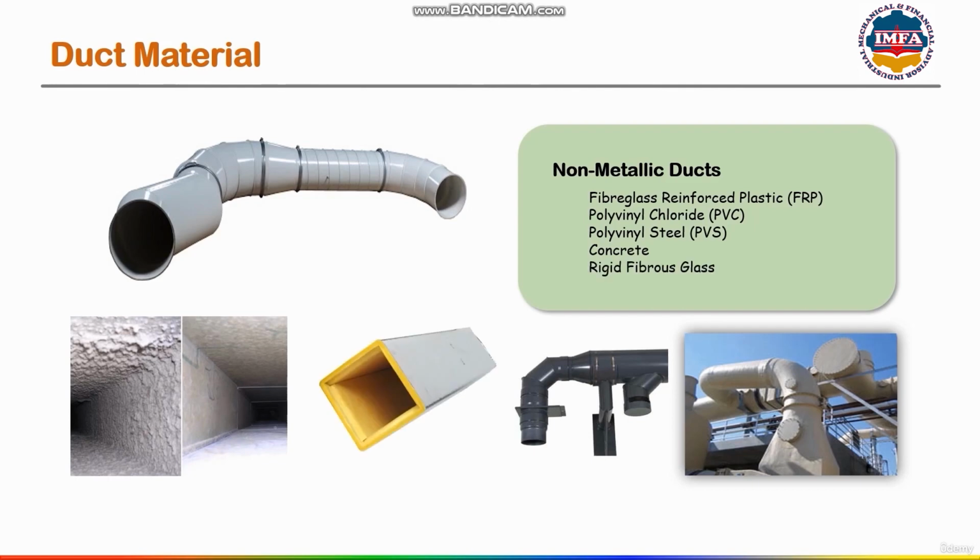Then we can also have rigid fibrous glass. These are duct systems made up of another material. They are very effective in terms of heat trapping. They don't allow a lot of heat to go away from the duct. So these are various types of ducts that can be used according to cost, client's demand, possibility of construction, customer need, and the atmosphere or environmental factors. We can consider these factors, and based on all these, whichever is the best suited material, ducts are manufactured based on that.